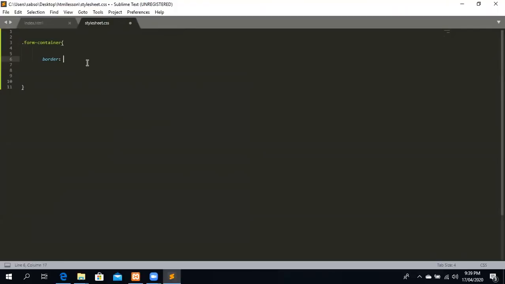Now the first value that the border takes is the thickness of the line you want to draw. You know borders. So let's say the thickness, you want it to be 2 pixels. You can change the values. So you have 2 pixels as the thickness, followed by